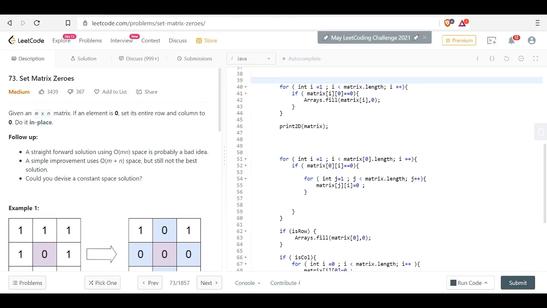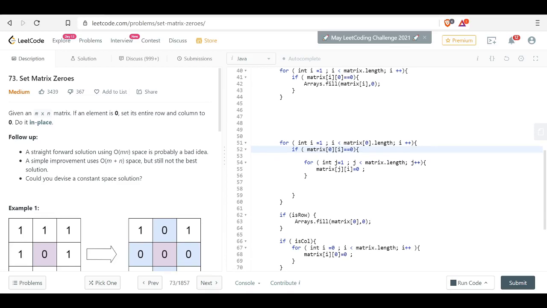And then I am starting with the first column. Why am I not doing it for the first row? Let's suppose the first row contains a 0. I will put all the zeros in the first row, and then by filling up the columns, I will find that the first cell of each column already has a 0. So the entire matrix will become 0 then. I have to refrain from that. So I will start from the second row, then the second cell of each column, and check whether it's possible or not.